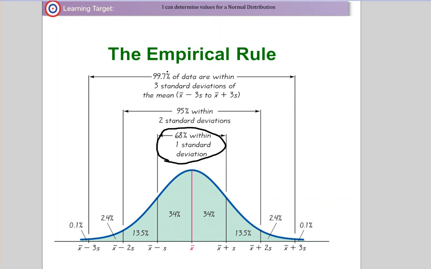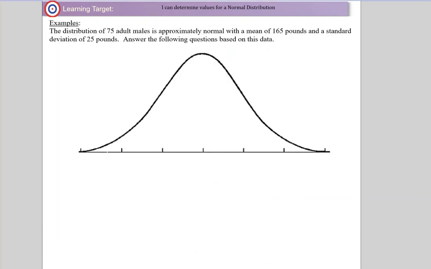We're going to need to know these 3 values. That 68 is 1 standard deviation, 95 is 2 standard deviations, and 99.7 is 3 standard deviations. And then what that can help us do is figure out probabilities based on these empirical rules. So we'll look at some examples on the back of our paper. So if we go ahead and flip our paper over,